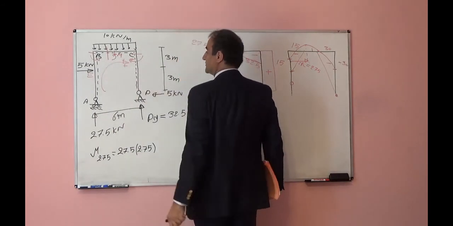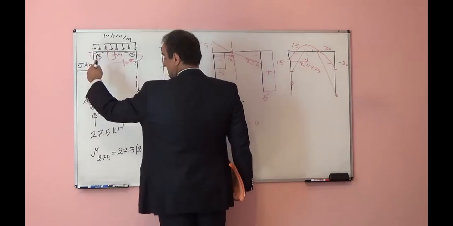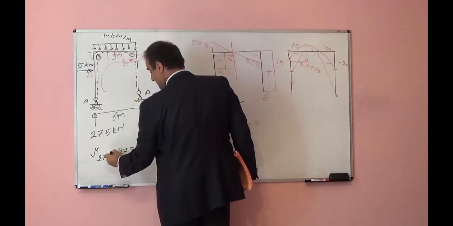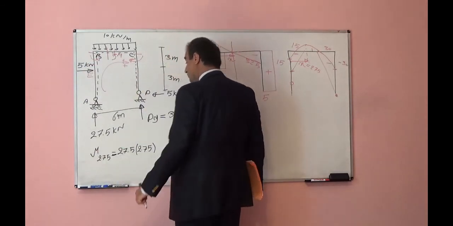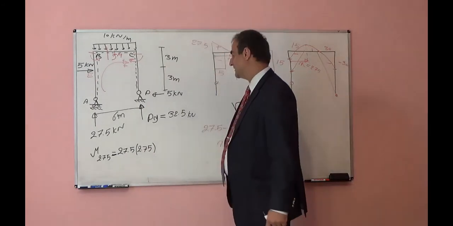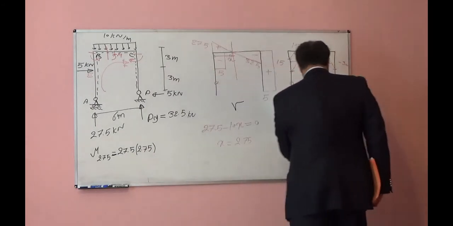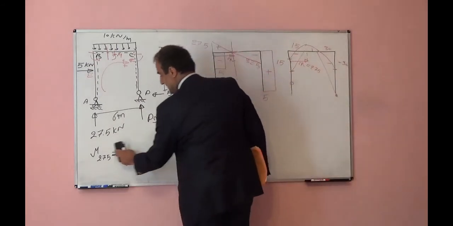Okay, it wants to rotate clockwise. If I take the other side, it will be positive. If I write in the moment side, it will be negative. So you see, let's say I write like this: